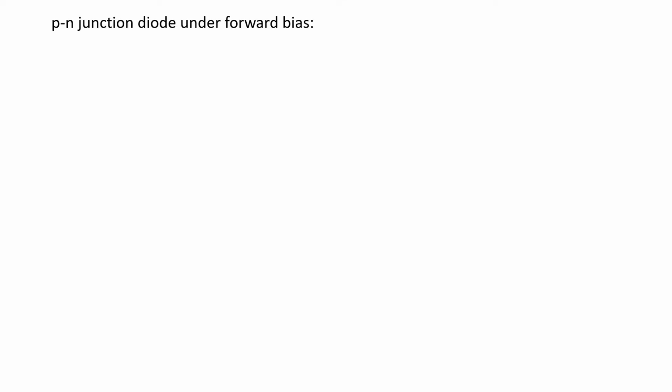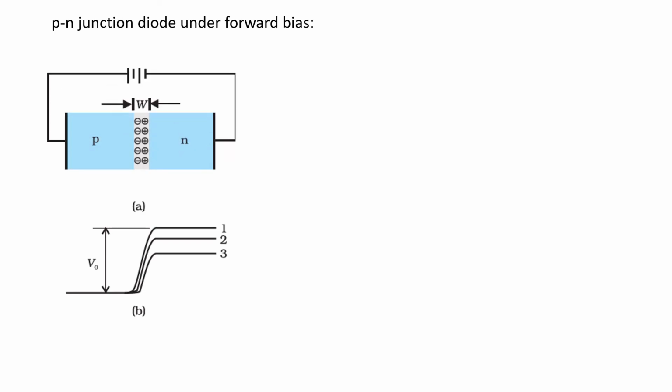P-N junction under forward bias. Please see the junction here: an external voltage, a battery, is connected to the p-n junction. This is the p and n, and this is the depletion region. In forward bias, this end is positive and the opposite end is negative. So positive is connected to P, negative is connected to N. And when we connect this, the holes are,